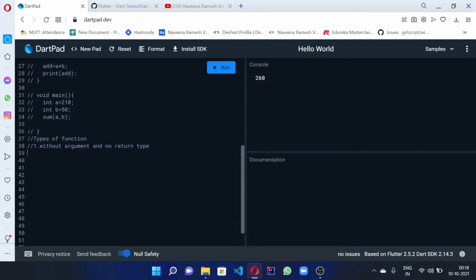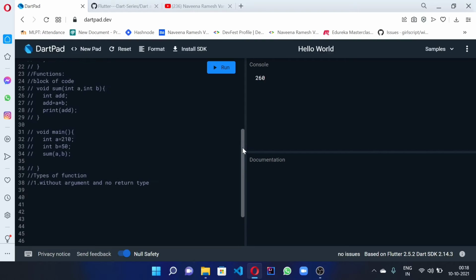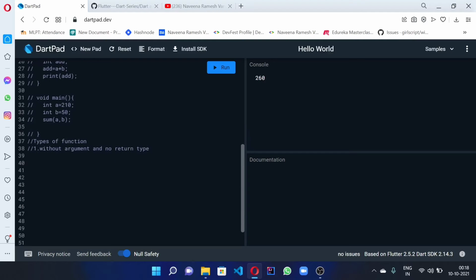Let's see some example. First of all, I'll say what is argument. Argument is nothing but passing some value inside the function. See, this int a and int b is an argument. Okay. We'll go with some example. Keenly watch the types. At last, I will ask this add function is what type.